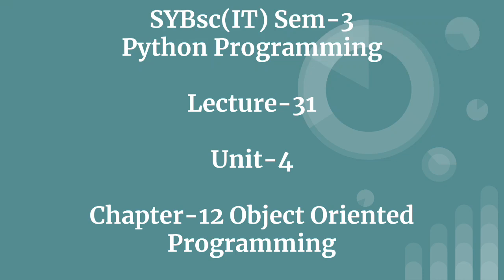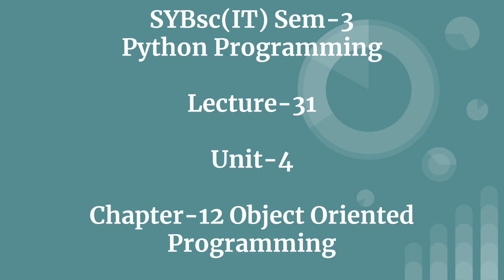Students, last lecture we completed the chapter on regular expressions, and now we are going to continue with Unit 4 and the next chapter, that is object oriented programming. As we have learned in C++, object oriented programming is basically the concepts related to class, object, inheritance, polymorphism, encapsulation, data abstraction, overriding, and overloading, all such topics which we have already learned in first year in object oriented programming of C++.